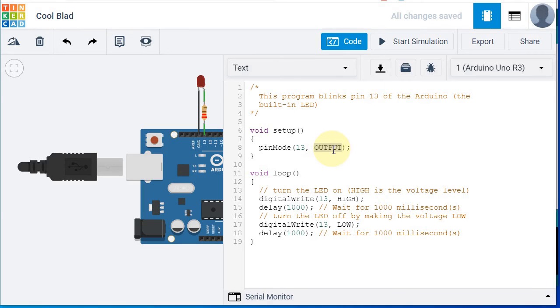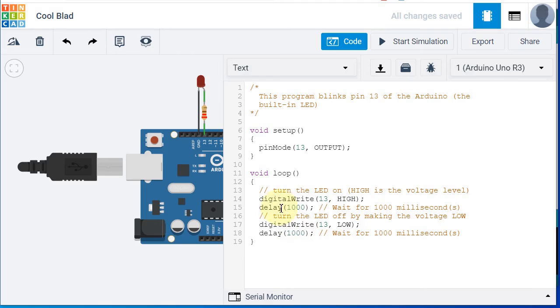This is again a syntax we need to follow, and they have mentioned pin number 13 is output, and what that pin should do. This 13 pin should send the high and low value with 1 second delay.